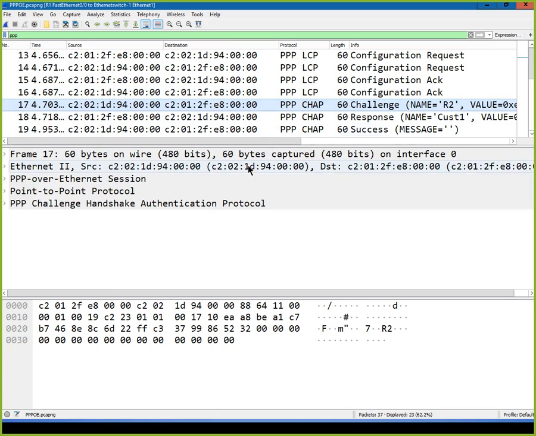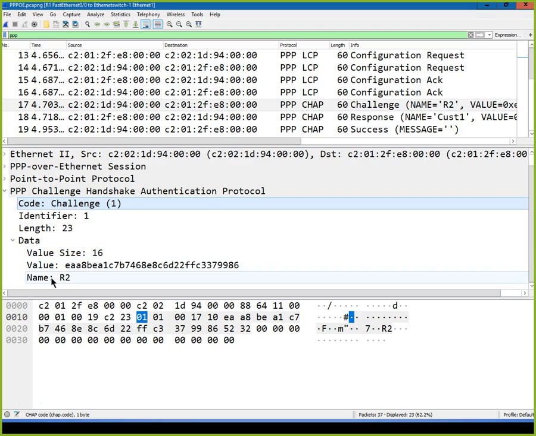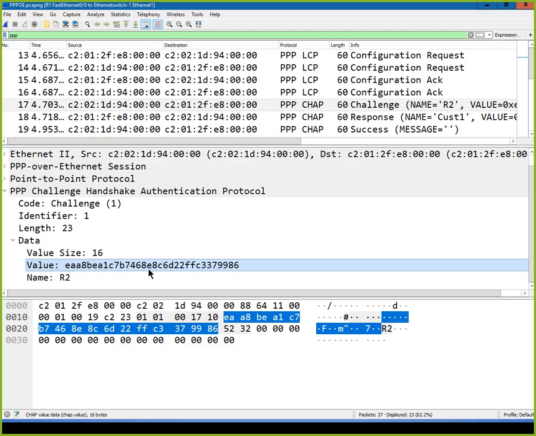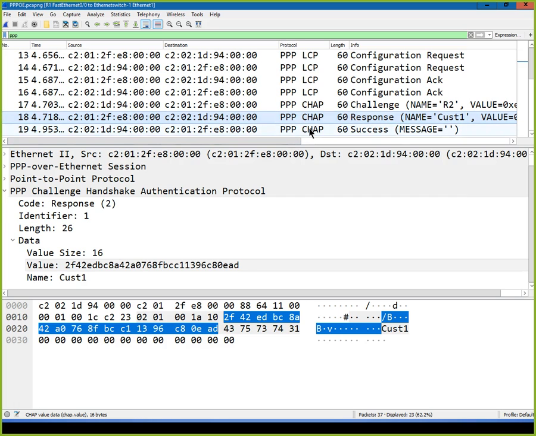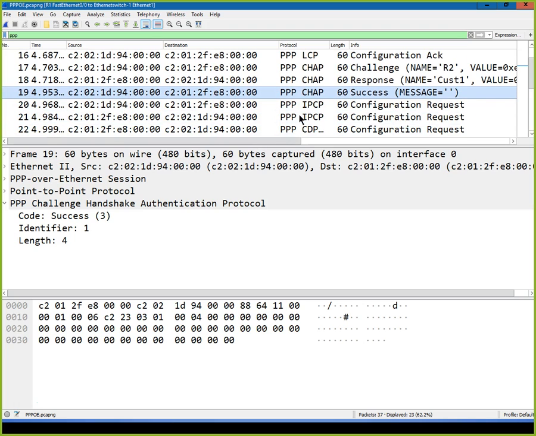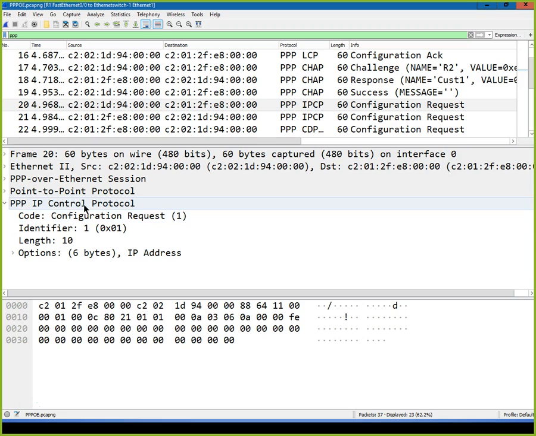And here we have CHAP. The challenge got sent, the code challenge, the identifier, the data goes back. We have the name here is R2, and that was the name of the router. And then the value here, this one's actually a hash of all of the information that goes back so that they can do the authentication with each other. And then we have success, now we've got the authentication. And then we have some configuration requests here. The IP control protocol,